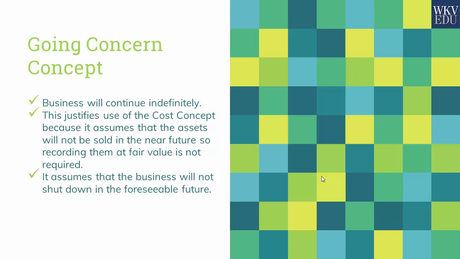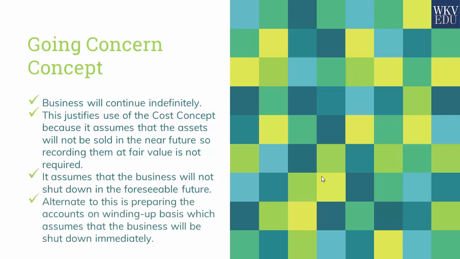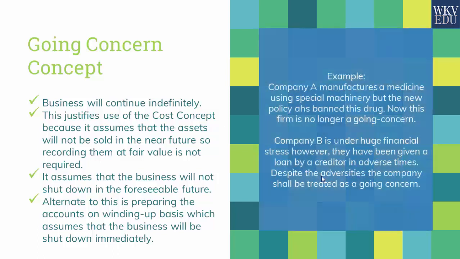That is why we keep believing, whenever we are investing, that the company is going to go on indefinitely into the future. The alternate to the going concern concept is that we prepare accounts assuming that the company is going to wind up or shut down immediately. This is known as preparing accounts on the winding up basis. Here, it obviously will pay rich dividends if we could record the assets at the current market value or the realizable value if they are being sold in the near future, and to see whether they can be enough to pay off the debts of the creditors or not.